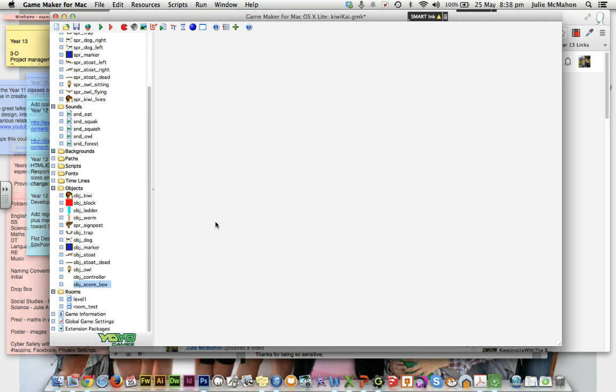And then we need to add an instance of the controller and the score to each room. The controller really is only necessary in the first room, but we'll add more actions to it later on, making it useful for all the rooms. They will appear as a little blue circle with a question mark, but that way you just know they're there, but they'll be invisible. So we'll go to our room